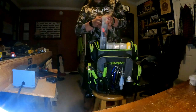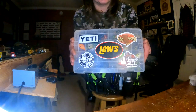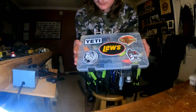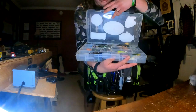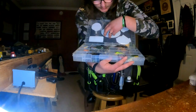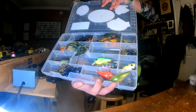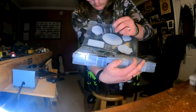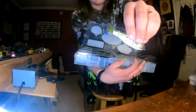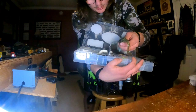So the Force box, yeah, I got a lot of stickers on it, but not really important about the stickers. Open it up. Like I said, got some crankbait jigs, stuff like that. One Googan swim bait. Like I said, now I hate Googan. I got some,